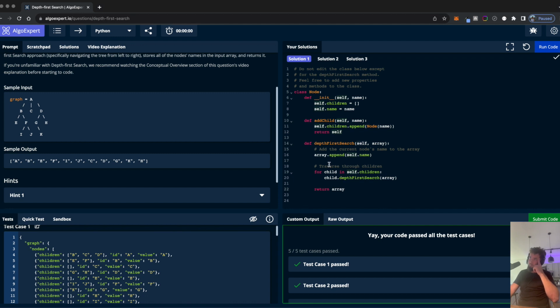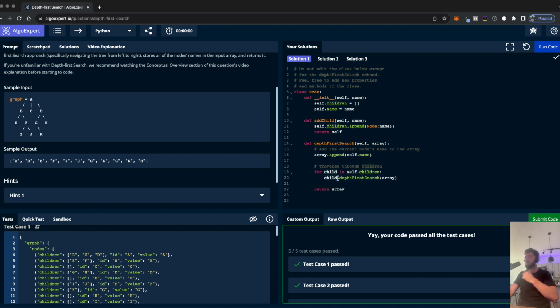Let's walk through one more time. So the array is going to append itself here. So boom, self.name, which I believe is going to be A. Right, and then for the child in children. So now we're looking at B, C, and D as individual children. Pass in the child depth first search.